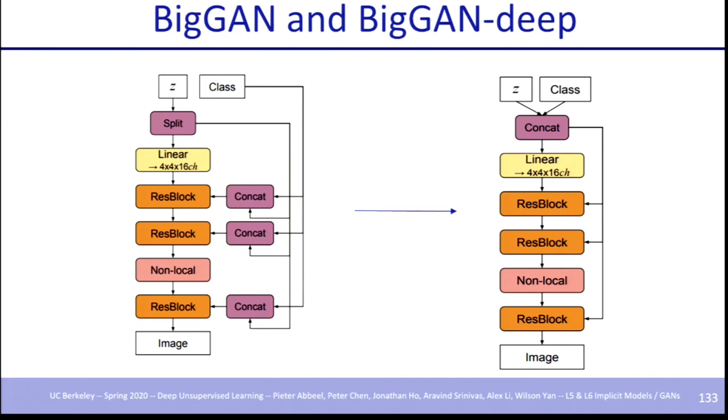When the first Big GAN came out, they were not able to make it work on deep architectures. So they had to feed in the class information by splitting the Z vector into different parts and feeding it at different levels. But then they figured out how to train it with a deeper model, and they got everything working. So this is not really relevant now. The deeper model just feeds in the Z and the class at the beginning, and the concatenated vector, the same vector, is fed at multiple levels for the conditional batch norms.